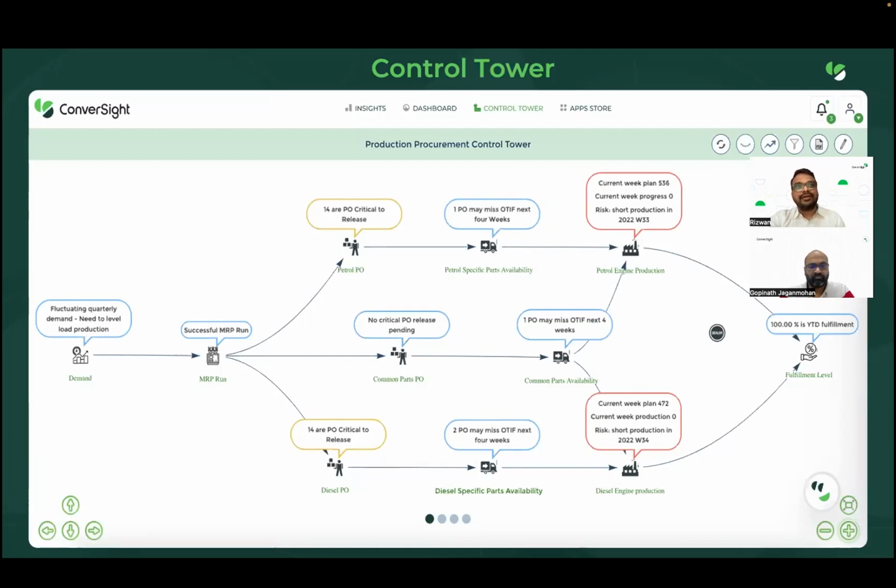Or this could be a marketing analytics dashboard where you want to understand, from every single click, what is happening on a particular campaign that you're running, where my clicks are increasing and what my associated cost is. Or that could be from an overall supply chain standpoint, where you can look at what's happening on my demand, what's happening on my supply, and then take a corrective action in terms of when I need to release a PO and all those things. All those kinds of analytics can be achieved for end users.